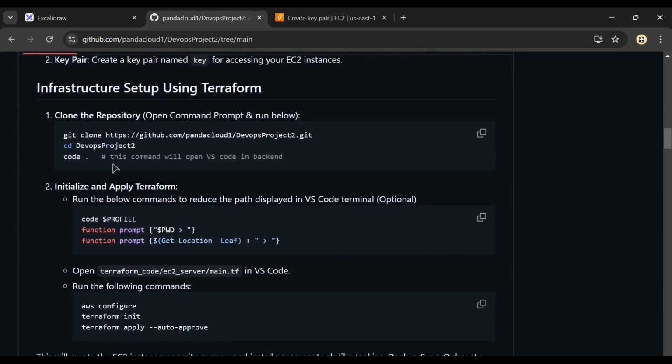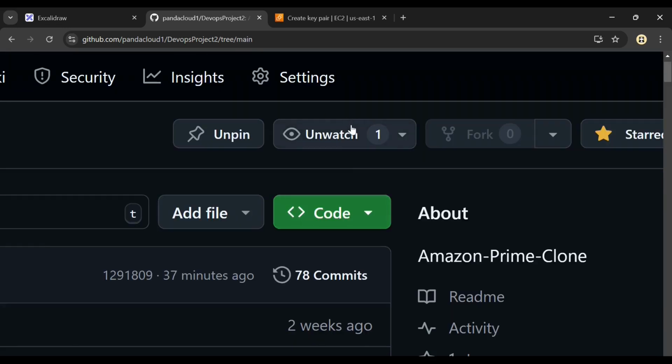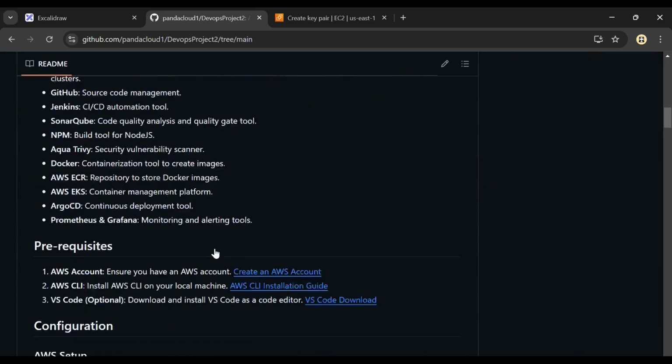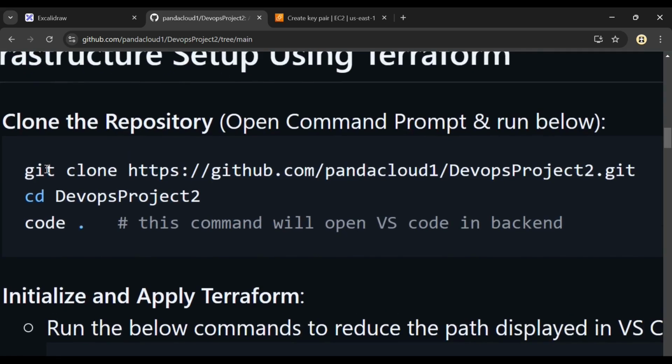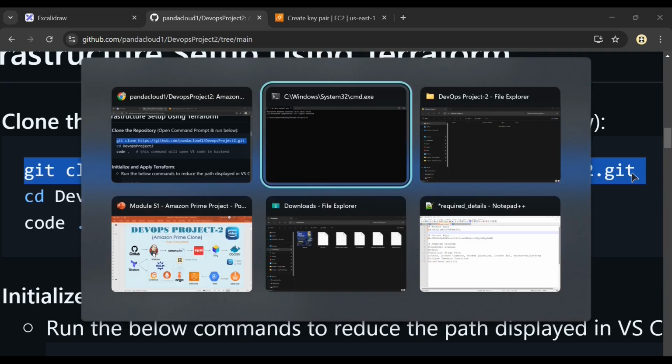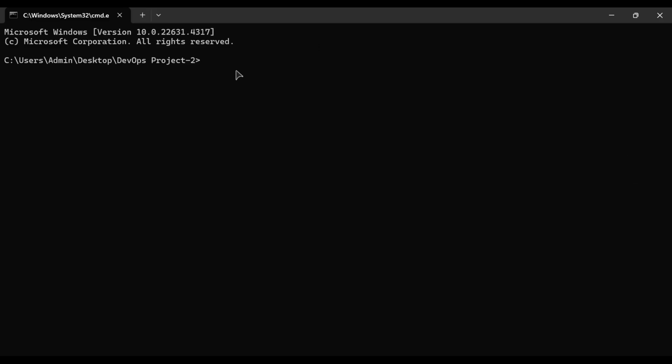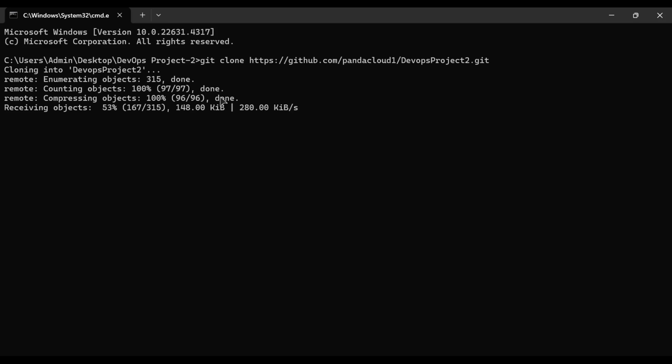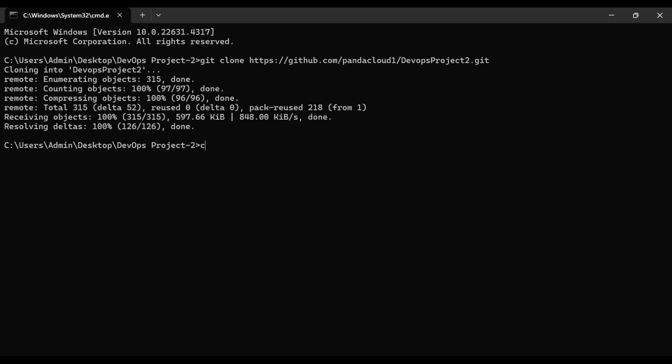So I have mentioned the command over here. Just copy this command, git clone followed by the repository name, and it will clone the repo on your laptop. So just copy, paste it, hit enter. So this will clone the DevOps project, and after that, what you do is change directory to DevOps project number 2,